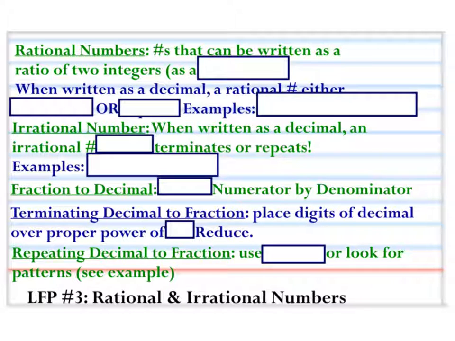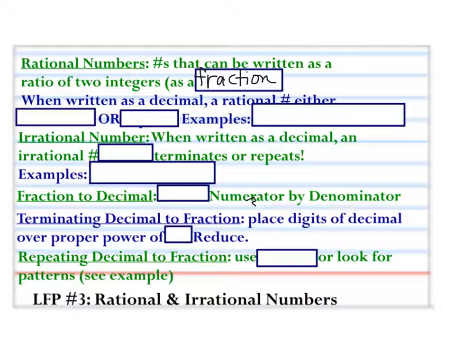We're going to be looking at rational and irrational numbers today. A rational number is any number that can be written as a ratio of two integers. So if you can write it as a fraction, it's a rational number. To note, when you write a rational number as a decimal, it always either ends or repeats. So some examples of rational numbers are like 1/2, so the fraction,